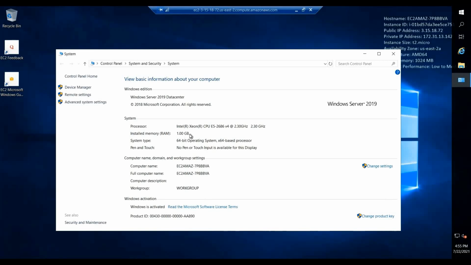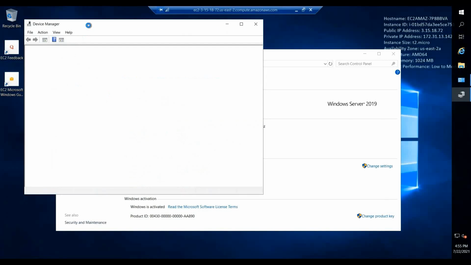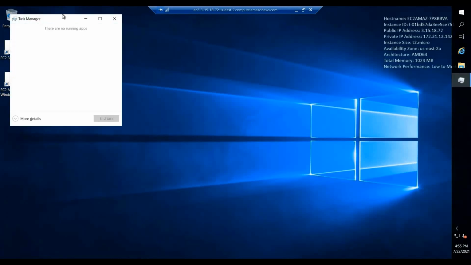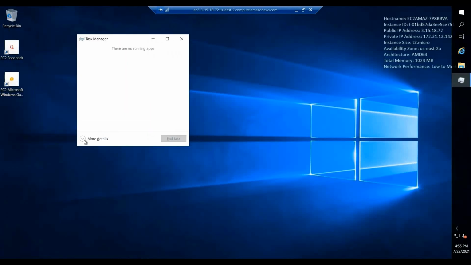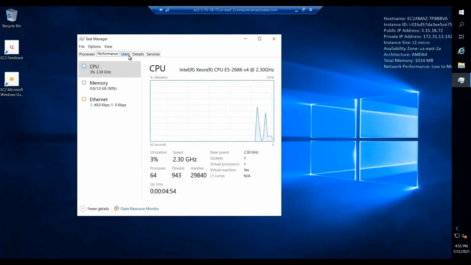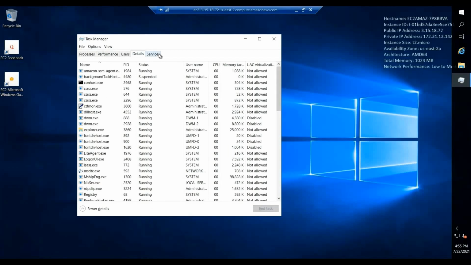You can see that the installed RAM is 1 gig and it is a 64-bit operating system. Everything is given, like Device Manager, variables, whatever you want you can do in this Windows, typically. You can use it for installing Tomcat, deploying your